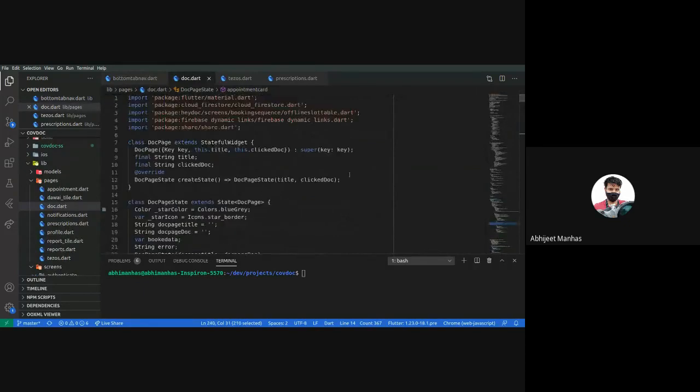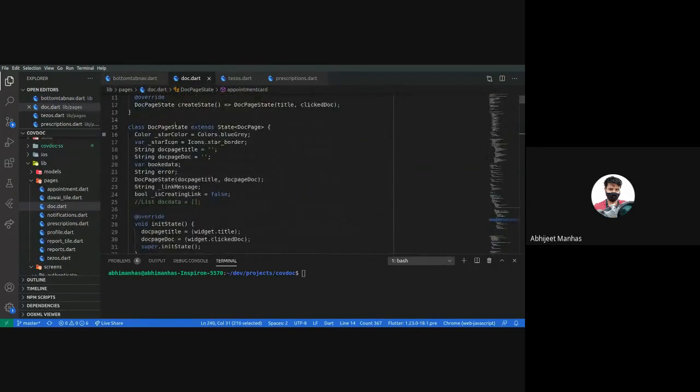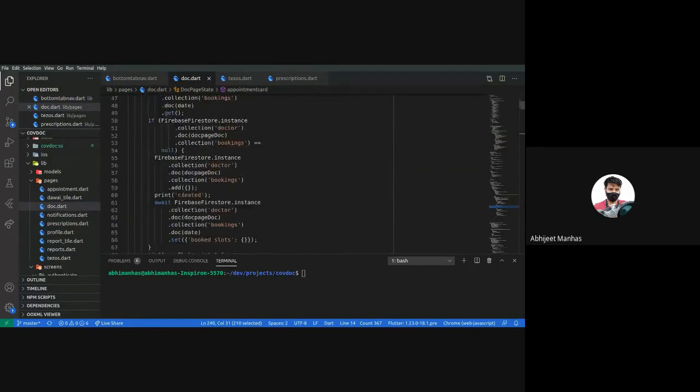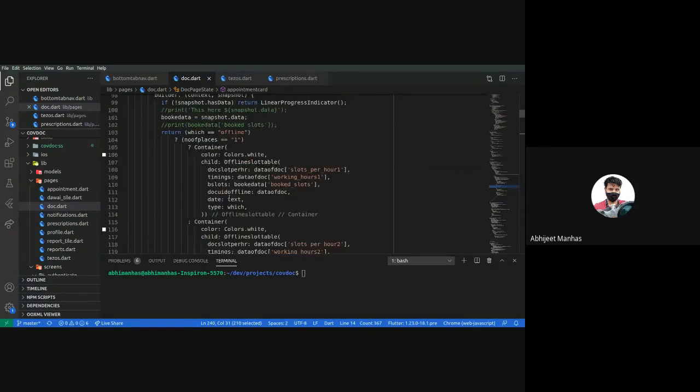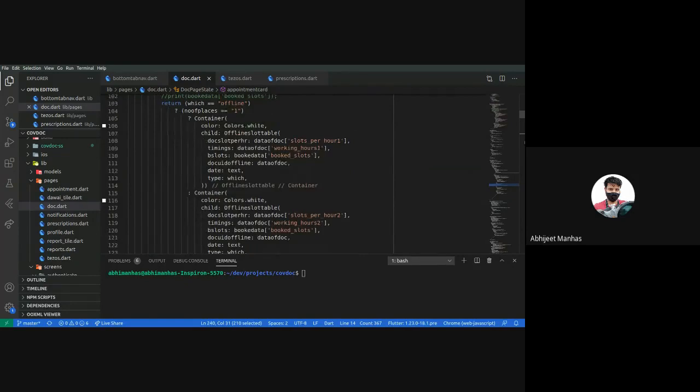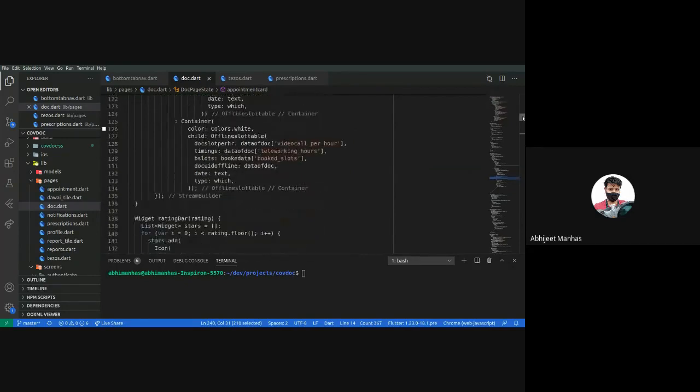In the doctor tile, we have the doctor state, and we first of all fetch the details of the doctor. The database is in Firestore. So we specify the name of the doctor, and then we need to change the bookings over there. Then we also need to know the slots of the doctor when the doctor would work.